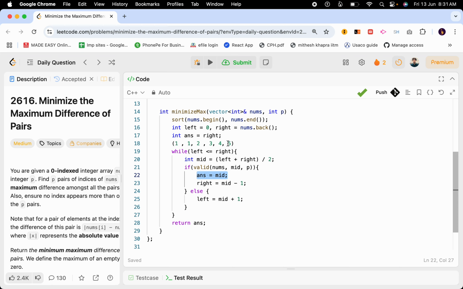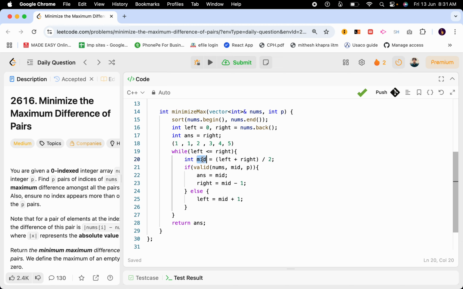So we have started from this max, and now we are pretty sure that 2 will be one of the valid answers. So we have shifted our right pointer to this, and similarly we will go to the left until it is valid, so it will be the minimum result. So the same we are